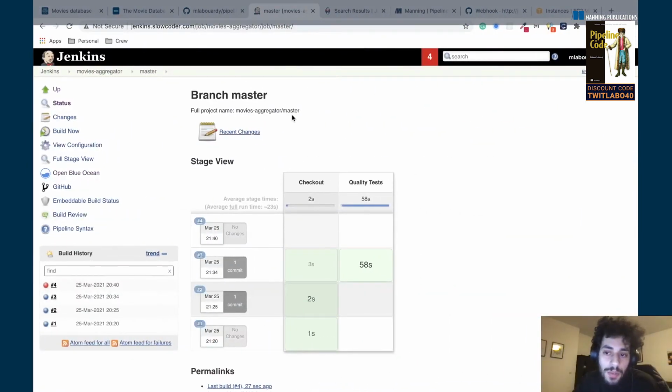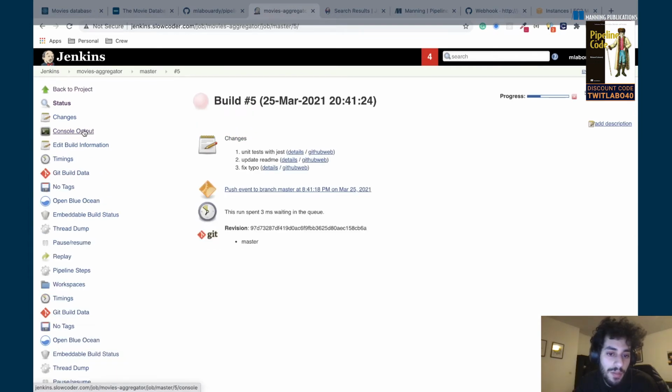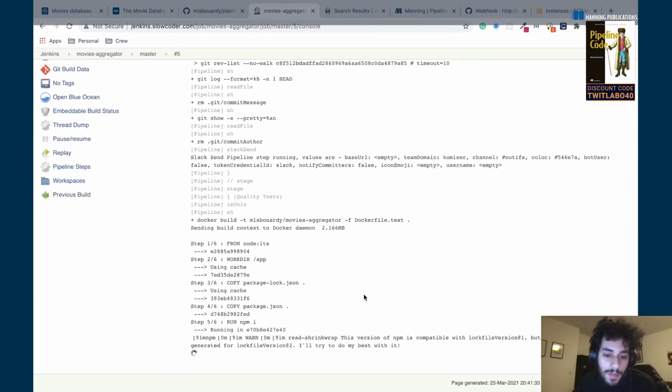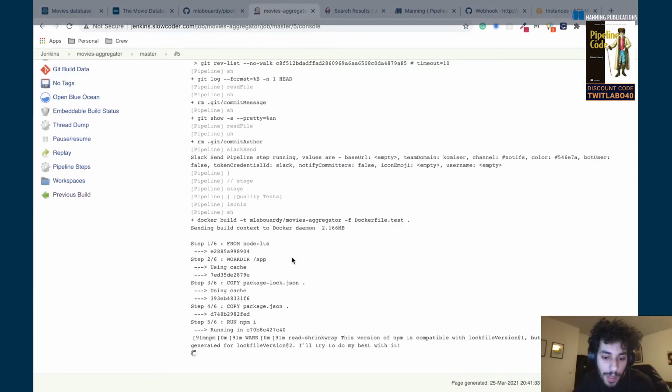And once again, a push event will be triggering the pipeline. So if we click on this build, while the pipeline is being executed,